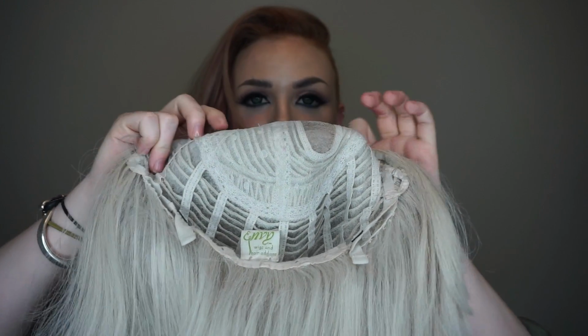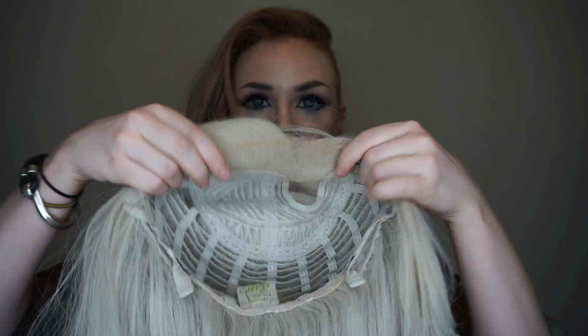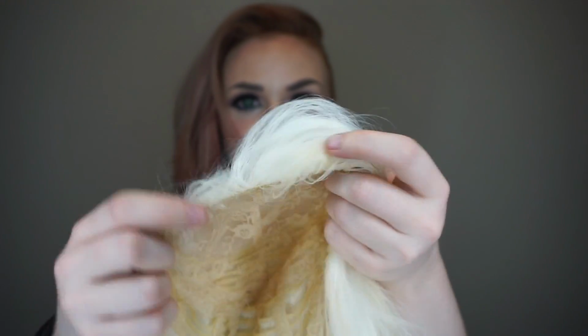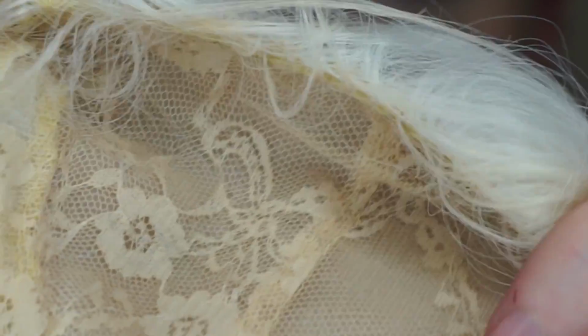I have one that's like that, but most of them are just lace right here in the front area. A non-lace front wig looks like this, where it's the cap the whole way, and the front of it, as you can see, is just kind of like a hard start to all the hair. So there's this thick band otherwise. So if you're looking for more natural, I would always recommend the lace front wig because it just has a more natural start to the hair, and the hairline itself, you can see each strand,